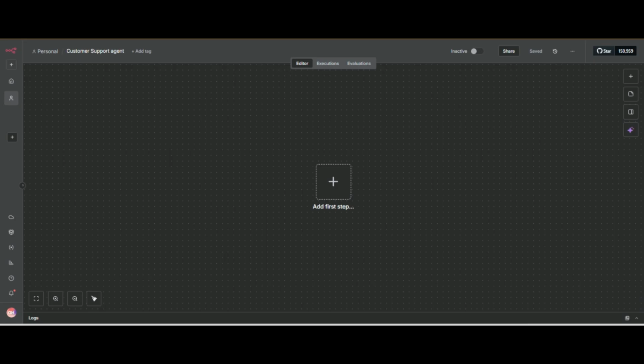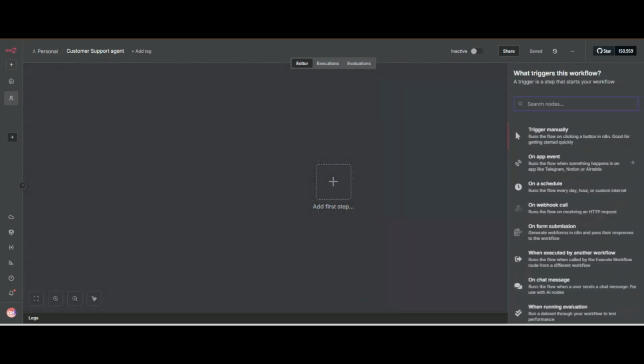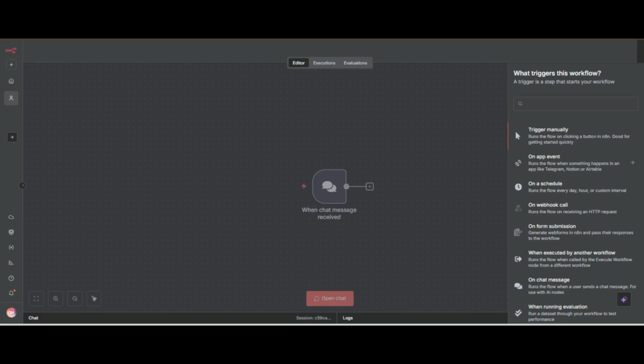Because we are building a chat customer support agent, we have to add a chat trigger. When you add the trigger, you can see multiple triggers: manually, on app event, on a schedule, on webhook. We will discover those later. So now we have to add the on chat trigger.